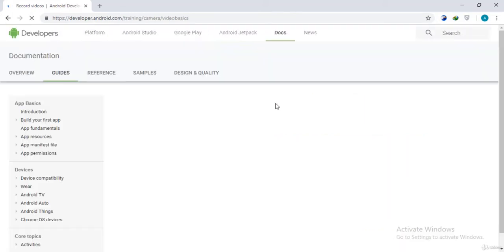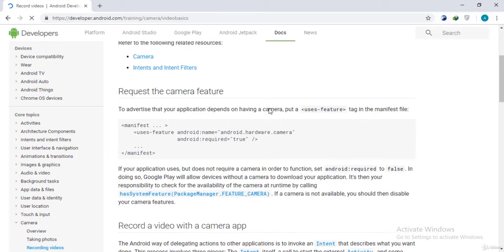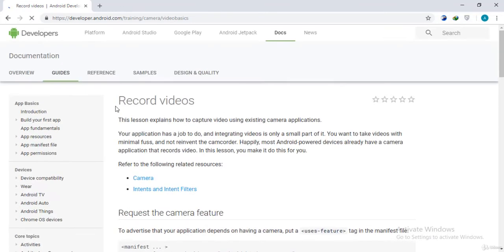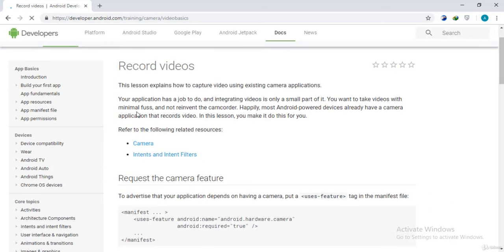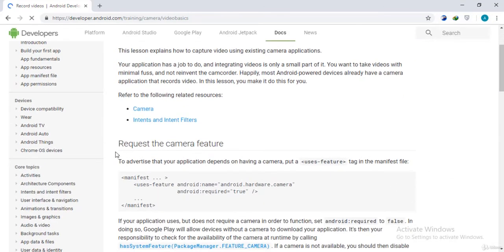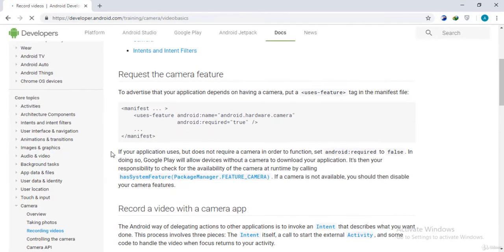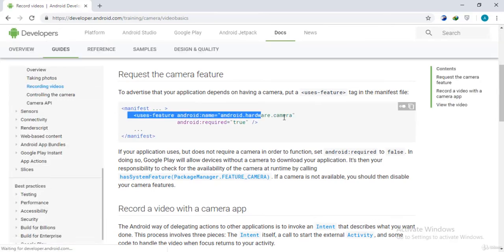Okay, what I'm gonna do, ladies and gentlemen, is try to open the Android developer site, hopefully we can get something from it. As you can see, we have the record videos page from androiddeveloper.com, and it has some steps. The first thing we need to do is add this to our manifest file, which is uses-feature, where we are accessing the hardware features,